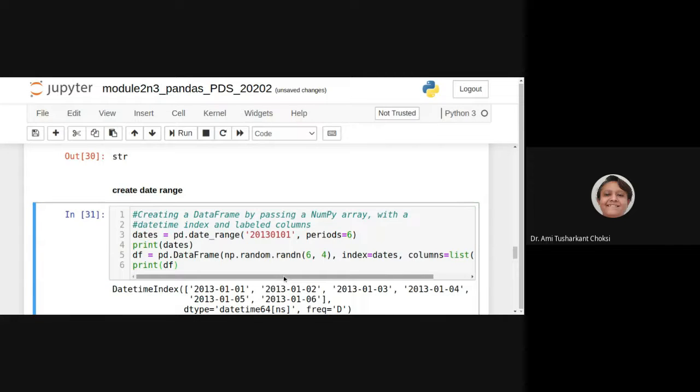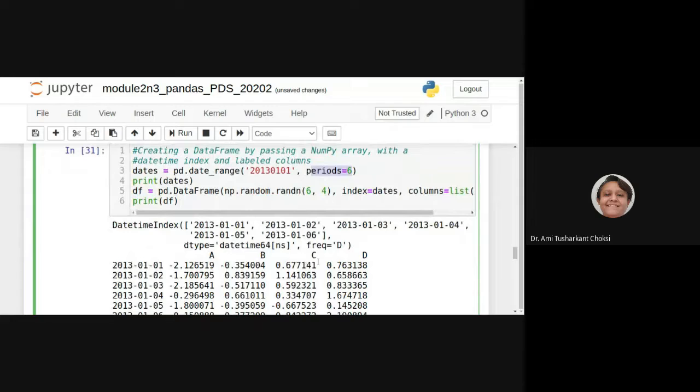If we do that, what it creates for us is a DatetimeIndex, and there we have 1st January 2013, 2nd January 2013, 3rd January 2013, 4th January 2013, 5th January 2013, and 6th January 2013. What was given to us is the first date, and we want to create 6 periods, right? So it has created 6 dates, right? After that,